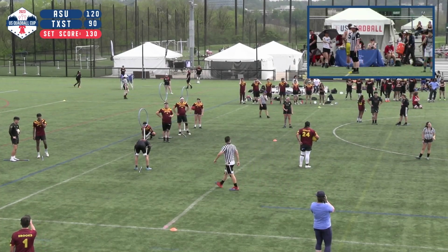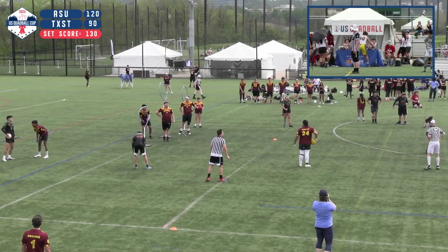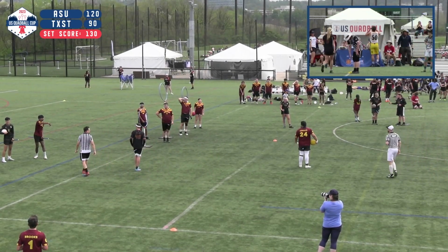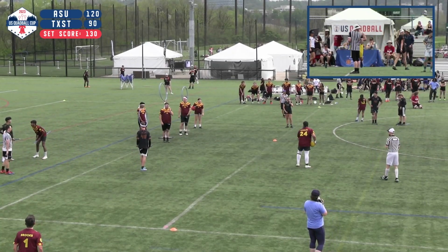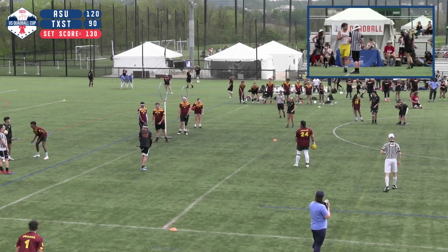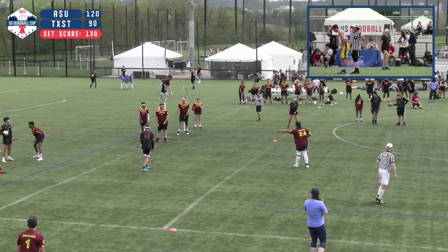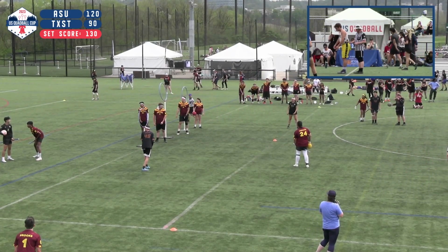So Texas State, again, is going to be shorthanded. They need four goals or a catch and a goal to win. Arizona State is just one away. Yeah, and Texas State right now only has one dodgeball, so they have to be extremely careful with that dodgeball on offense, because we know that ASU can run on the fast break, and they're going to punish any mistakes